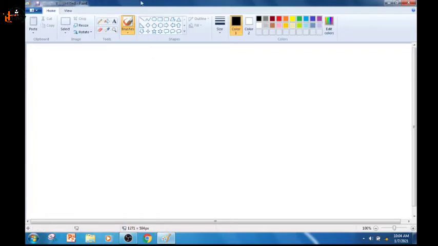Okay, then this is the quick access toolbar. You have to see the mouse pointer. Okay, this is the quick access toolbar. It contains the buttons that do common tasks, okay? Like saving the file, undoing the changes, redoing the changes. Okay, all these tasks can be done from the quick access toolbar.